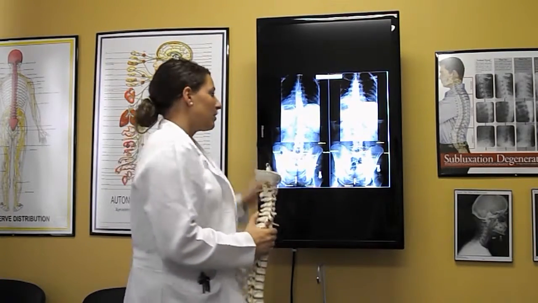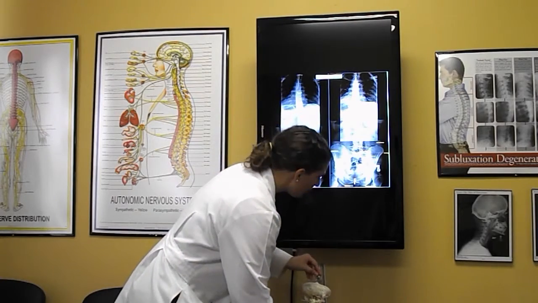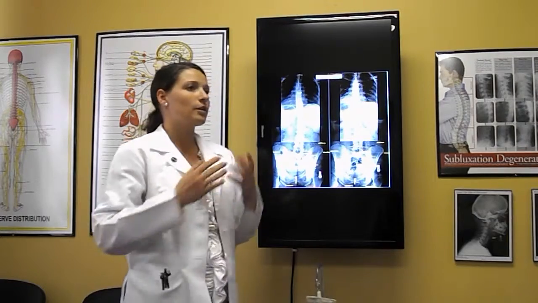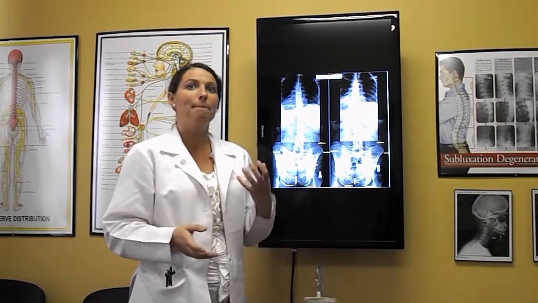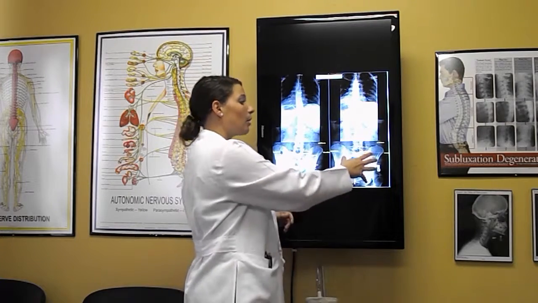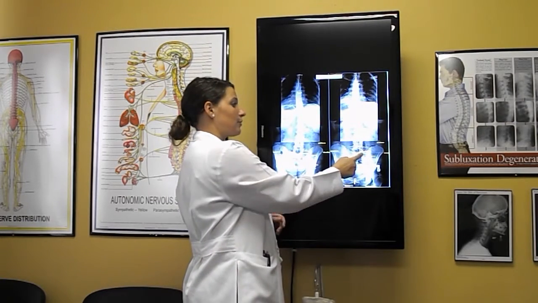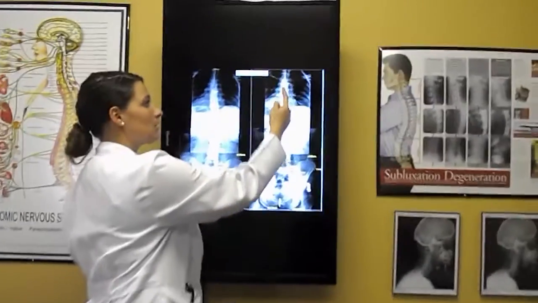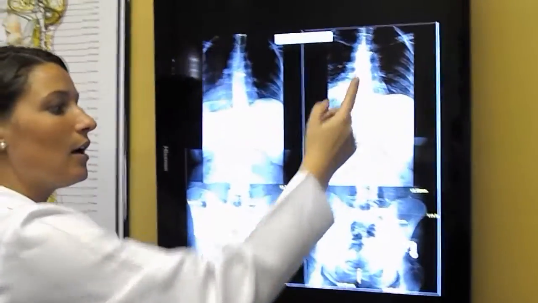So this young lady came in, and we got her some relief immediately from it, and so probably within the first 7 days, she had significant relief from it. Now, she wasn't completely well at that point, but we had relieved some of the symptoms that were going on there. She's still a patient here now, but we got her at her 30-day progress exam, and you can see the difference from here to here, how this spine is going straight up here now, and then when we get up to the top here, we still have some curvature that's going on here,